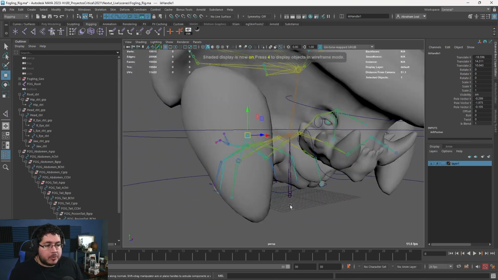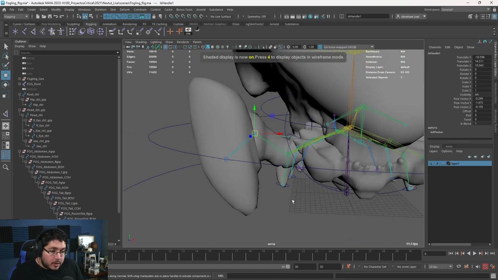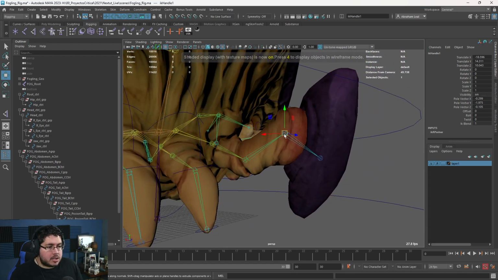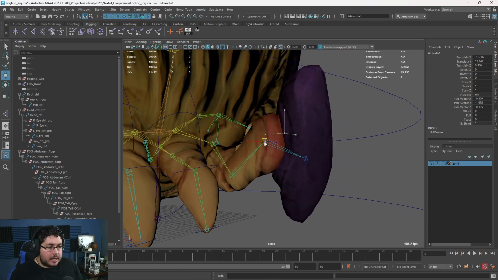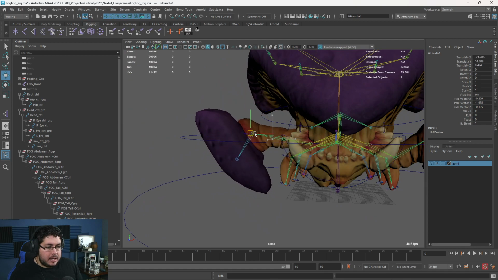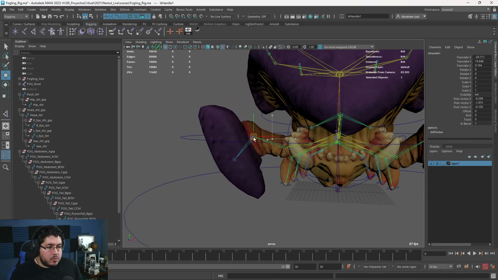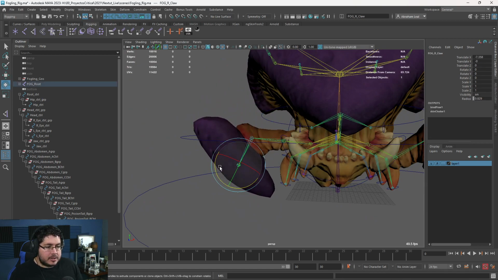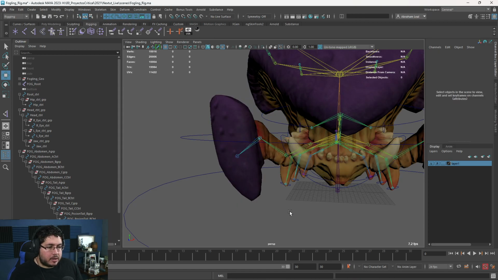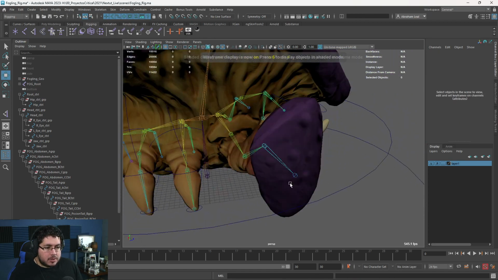Some people prefer IK handles, some people prefer traditional FK chains. In my case, I do like IK handles for this sort of thing. I think it looks quite nice and gives me a nice way to control things. And we can move this thing, and we can still modify the position of this guy right here. So we can move it and position it around. So the IK handle is there, it's done.